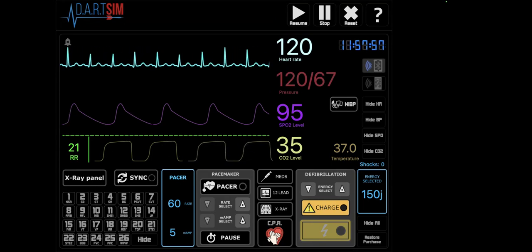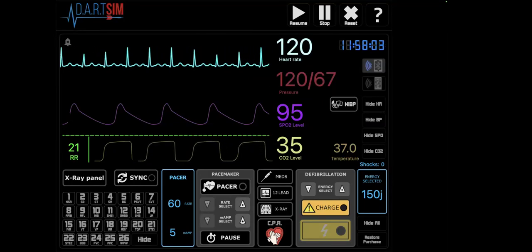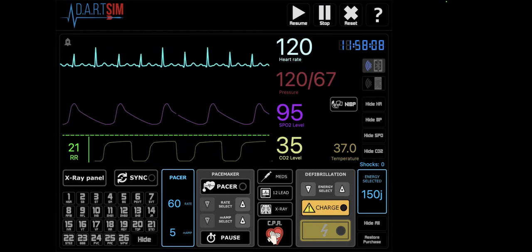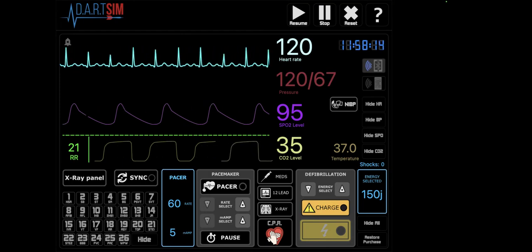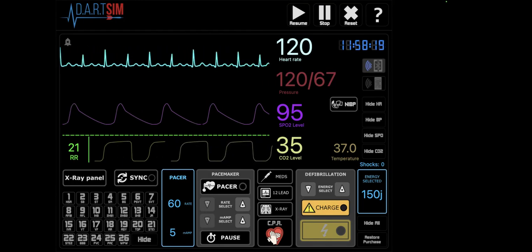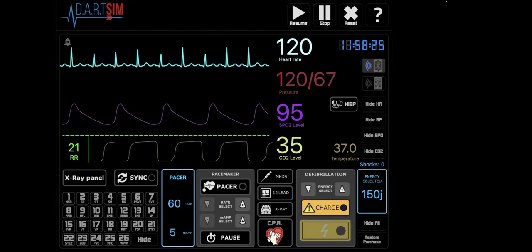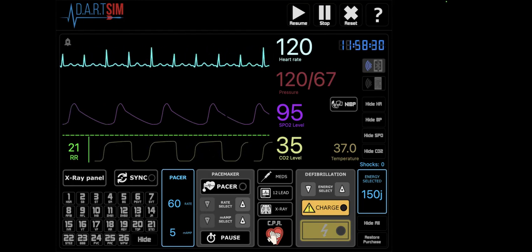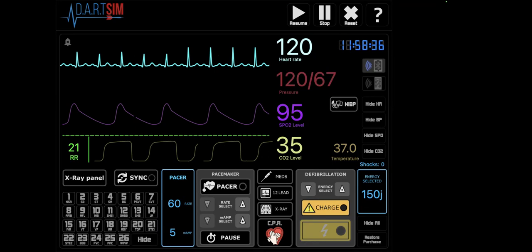When we look at the rhythm, sinus tachycardia, we should think sinus tach. Why is this patient in sinus tach? We talked about in class that there were really 4 reasons: your patient was either hypovolemic, could be potentially anxious, could be having pain, could be having a lot of anxiety or fear, or dehydration. But in this example, we are privileged to know the history that this patient has